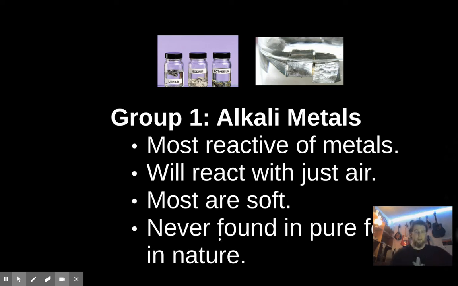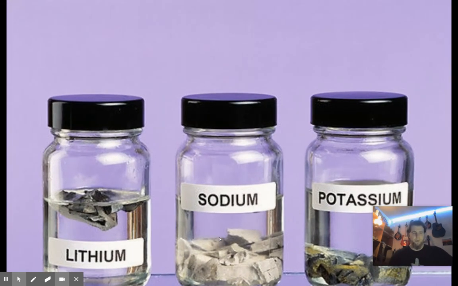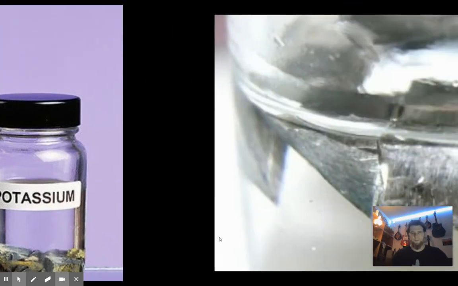You could say, oh, look, there's lithium oxide tied up in that rock, which I doubt you'd say, but you could. So we can see there, they're usually kept in oil to keep them from reacting with air. Some of them, like potassium, are so reactive with air that it is a contact explosive. So if you had a chunk of potassium sitting around for a long time, you would actually need the bomb squad to come and take it out.